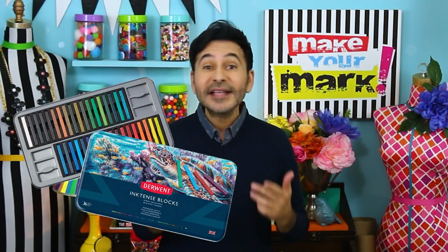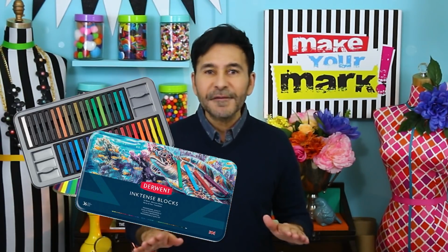Now I'm not sure if you noticed this, but I have a fresh sheet of butcher paper on my work table every time I film a video, and I like to save it. So today we're going to reuse it and turn it into some beautifully dyed handmade papers. And we're dyeing it with Derwent Inktense blocks, which is perfect for a project like this because the dye is